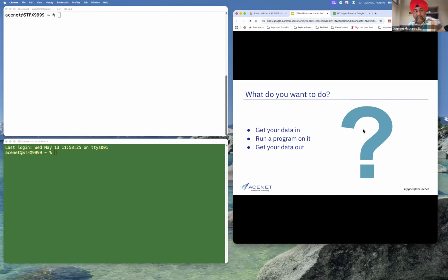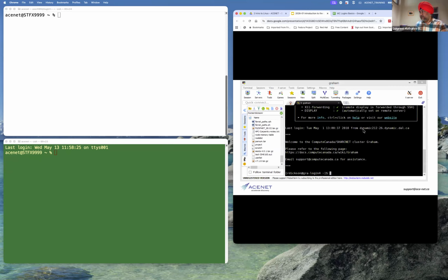So what are we going to do today? So we will be looking at what a cluster is. We will be logging onto a cluster, and then we will get the data in and run a program on it and get the data out of that. So that's what, in a nutshell, we basically do every day of our research lives, right? We have data, then we run some codes on that, and then we analyze the data. And this is what we are going to learn over the next 3 days, including today, and probably thereafter as well. But we will be starting from the real basics over here.